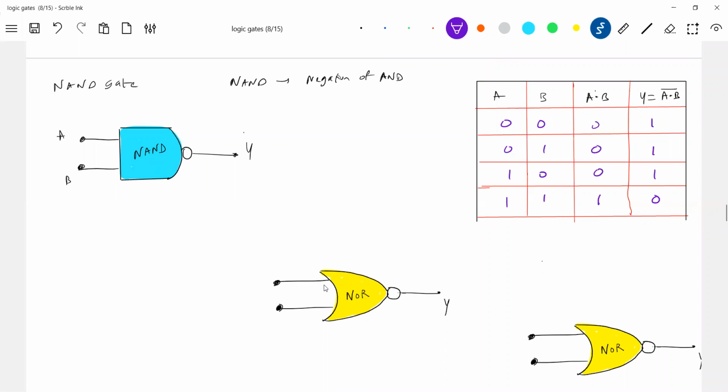So there is a symbol for the NAND gate. One bubble will come. What is the meaning of this? If you want, you can split it up. You can also show a NAND gate like this. How to construct a NAND gate using basic gates? First an AND gate, then a NOT gate. AND, OR and NOT are called basic gates. The NAND gate is not a basic gate. By combining them, I got one operation. It's called the negation of AND.